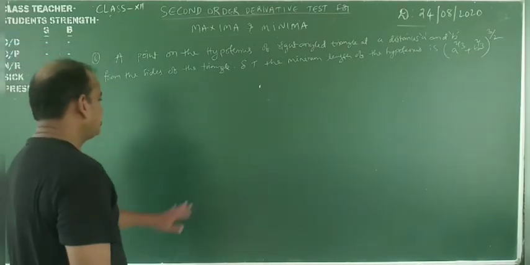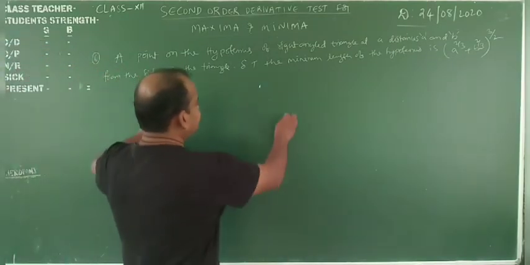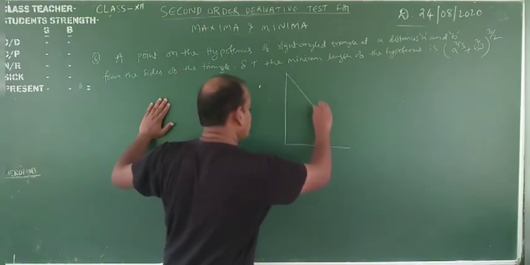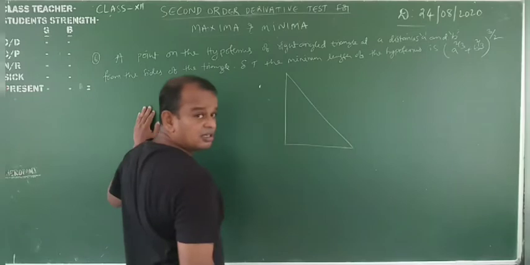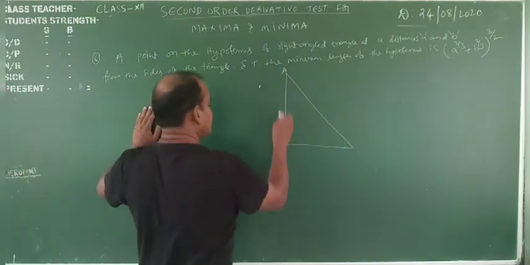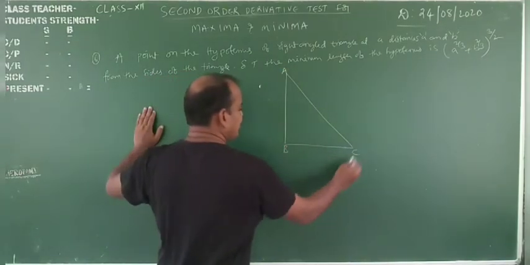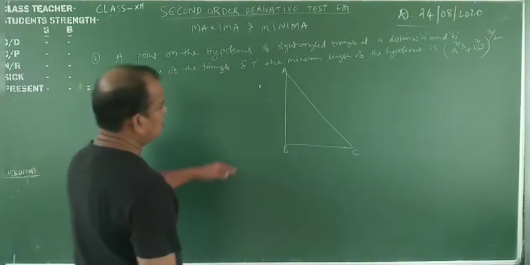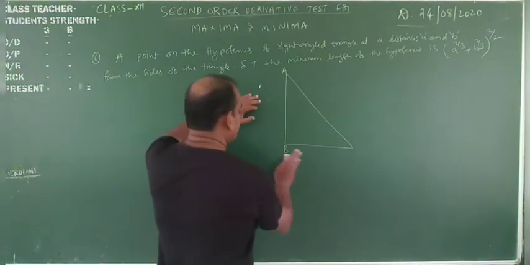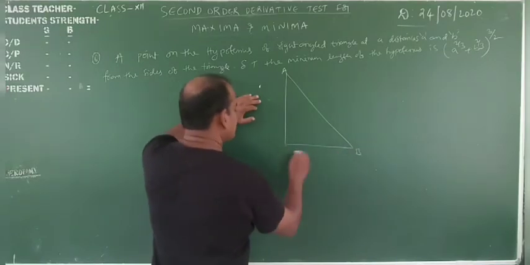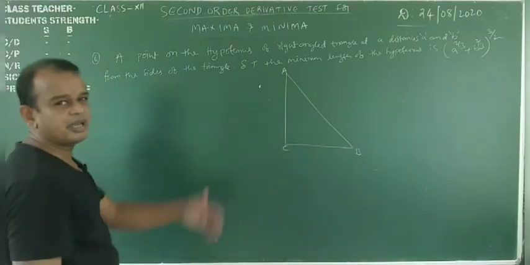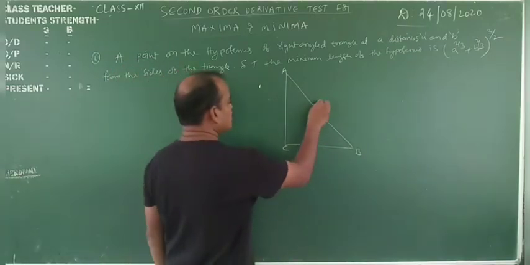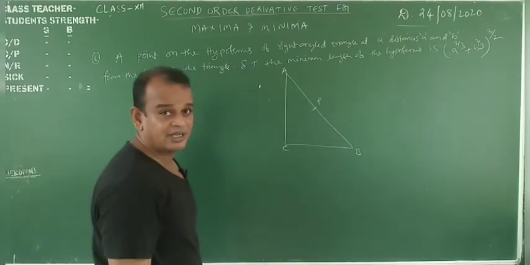Simply we will take the right angle triangle. Okay, what happened, my dear students? This is the right angle triangle, no problem at all. You know very well, right angle triangle. Suppose this is ABC, a right angle triangle at B. Now we take the point on it. This is A, this is B, this is C. AB is the length of the hypotenuse. That's right. And now you take any point, suppose P is a point, not x comma y.